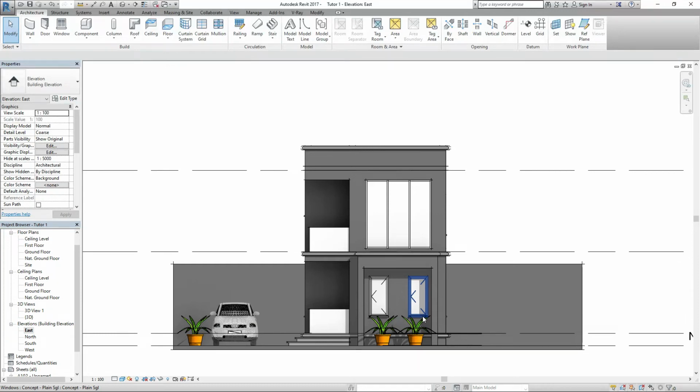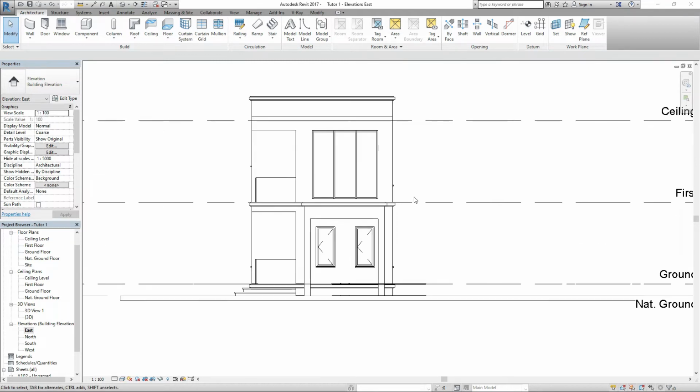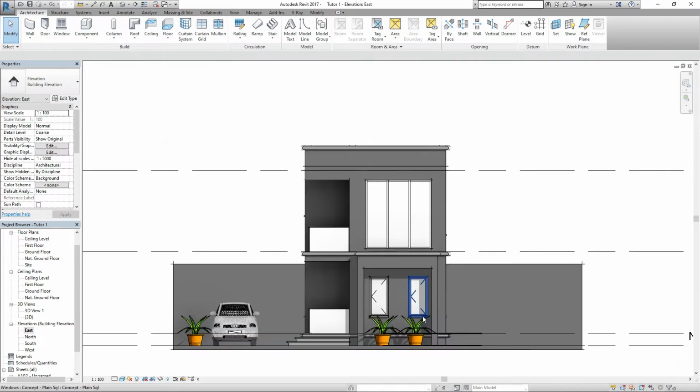This tutorial is basically to show you how you can enhance your 2D from something like this to something like this. So that's what I'm going to be doing,